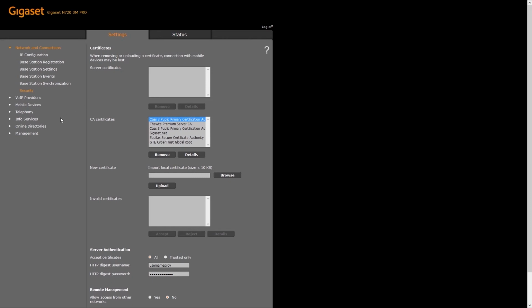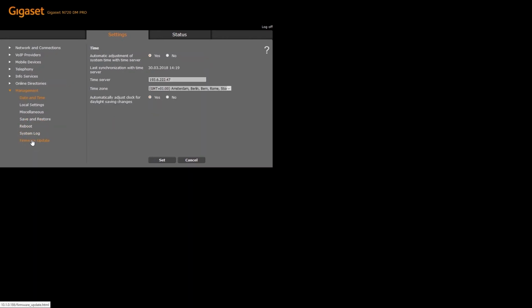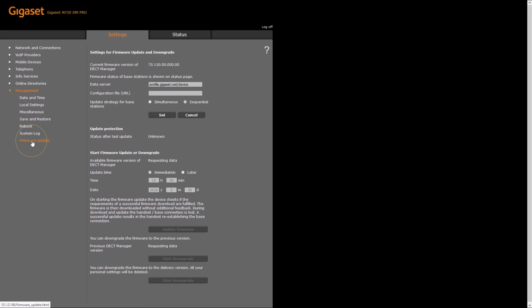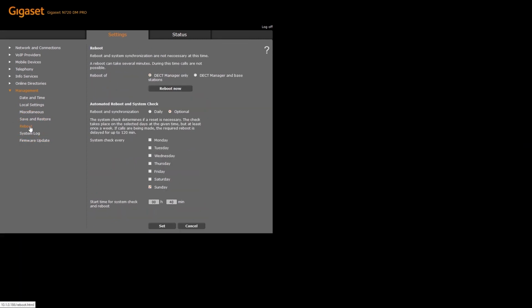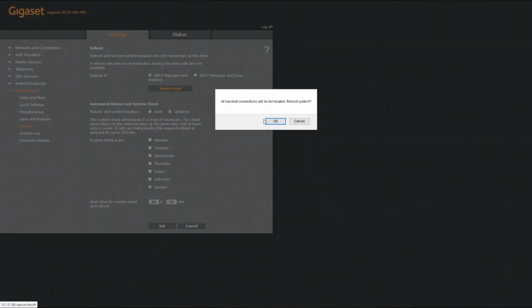Next, navigate to Management menu and open the Firmware Update submenu. Under the Configuration File field, enter your server address followed by /prov/%macd and then click the Set button. To apply the newly saved settings, you will need to reboot your phone. So navigate to Reboot submenu and click on the Reboot Now button to reboot your phone. If you have done everything correctly, your phone will restart, and once it's finished rebooting, you should have successfully registered